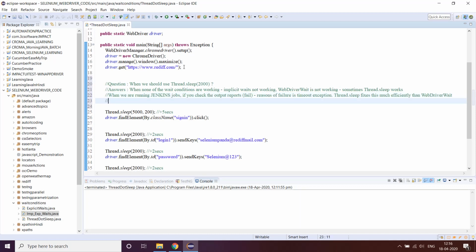And I'll tell you one thing, thread.sleep is actually much more powerful than implicit wait and WebDriverWait. People tend to disagree, but this is true. Okay. Now, next thing is, what are the other instances when we tend to use this